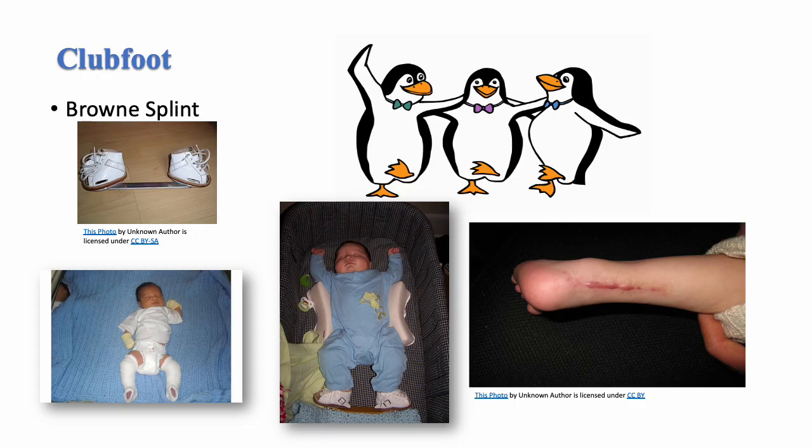But if it's not corrected by the time they're getting into that 6 months or 9 months, they're going to go for the surgery, because at that point your bones are starting to fix, your muscles are starting to fix. They were just hoping that if they move your feet slowly over time, what you'll find is that a child that has idiopathic clubfoot, a child that was just born with it, where nobody in the family has ever had it before, those kids just have simple club feet. They tend to do fine with either the brown splint or serial casting, because their foot will move in. But if you have a child that comes connected with